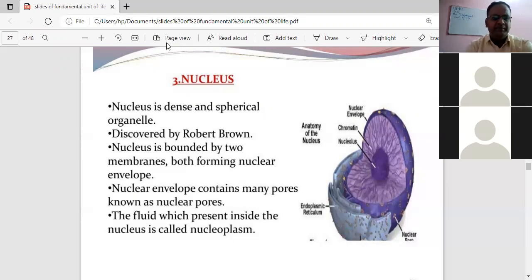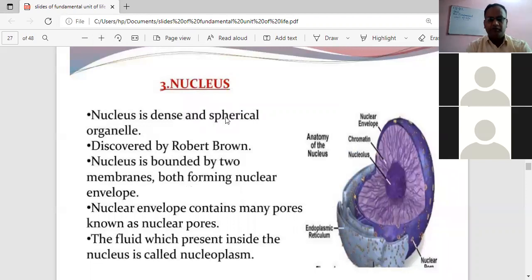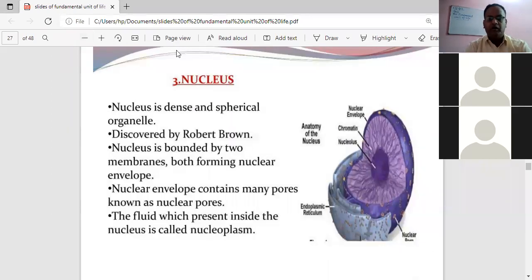Though this very image, which is highlighted over here, gives you the picture of the